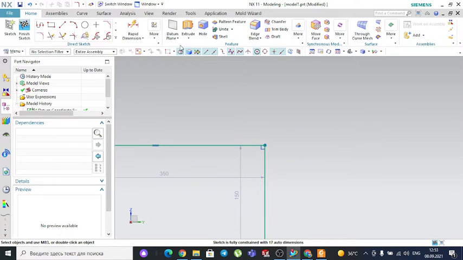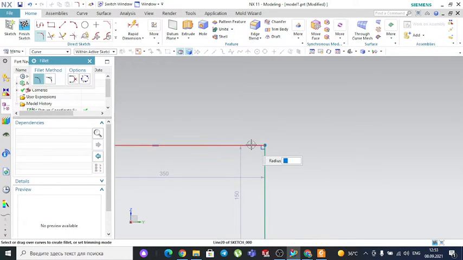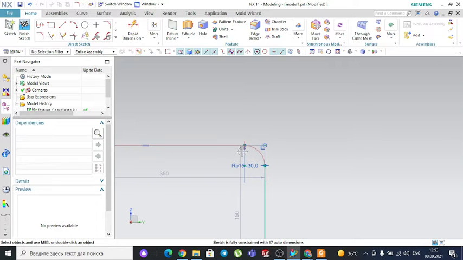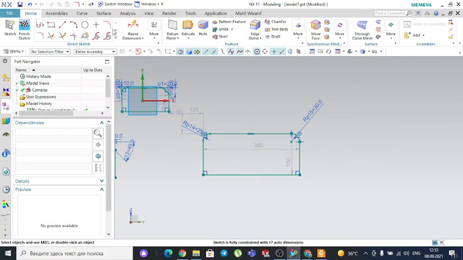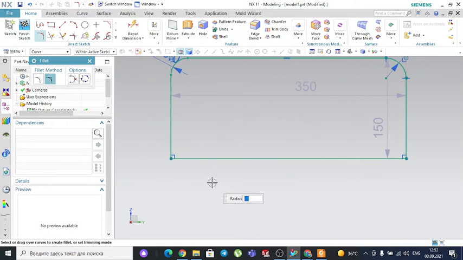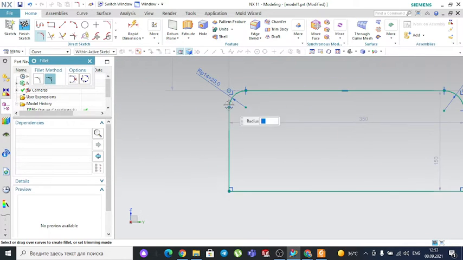The same way you can create the radius for the other edge, for example, this one and this one. Let's make it 30 and press enter. It is too easy. There is no special way of creating the fillet like the chamfer, just one way. Only the chamfer has different ways. In this case, you will not delete the corner like this. If I press here, you see the corner remains, but it is not wanted for us,